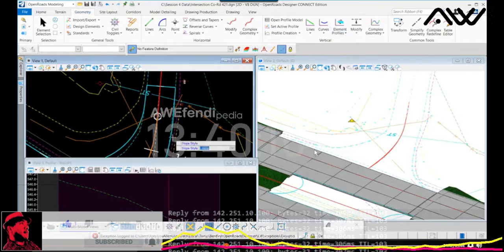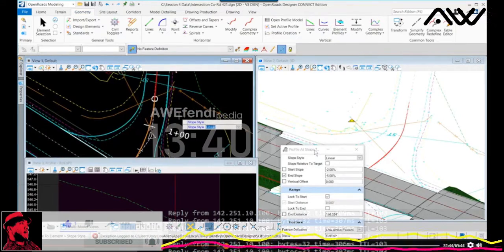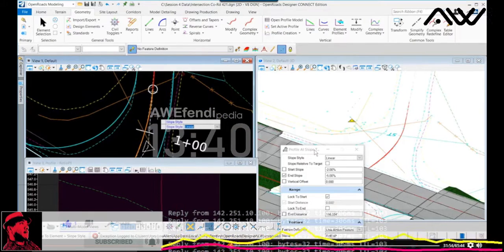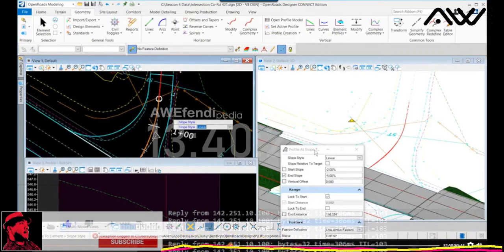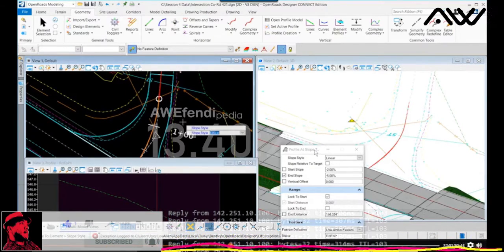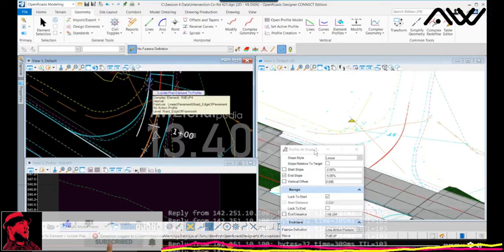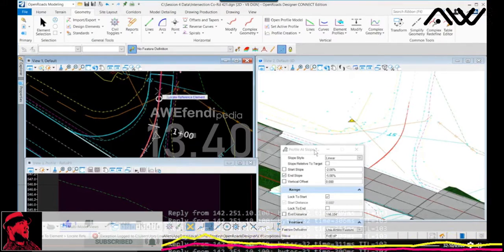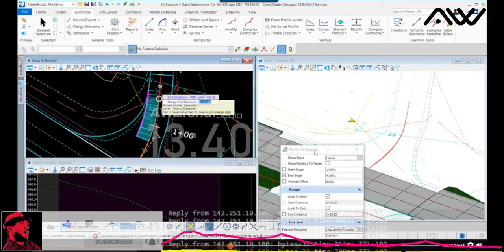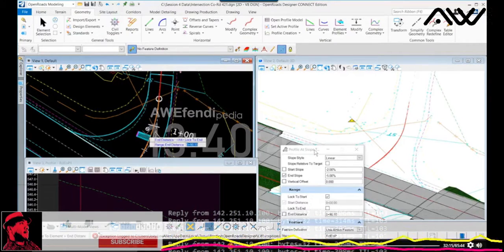Now what this does is it takes a baseline element and then it projects a defined cross slope. In this case, we can vary that cross slope, and it allows us to do that from the baseline out to another element and set a profile on it, and that's what we're going to do. I'm varying this because I want to be able to change it from beginning to end. So I'll follow the prompts, locate the element I want to profile, which is this first edge of pavement here on the west side, then locate the reference element. I'll go back here. And then we want to define, where do we want